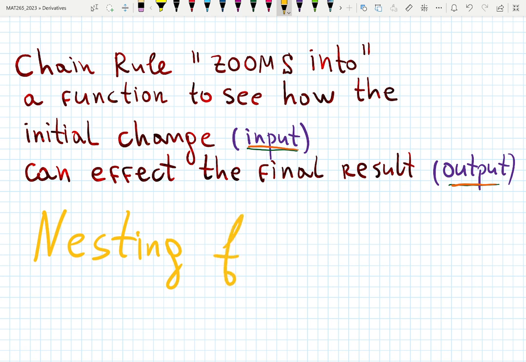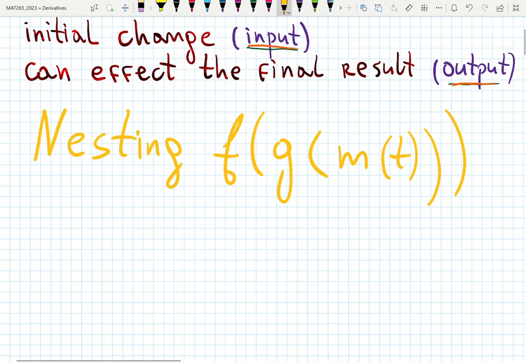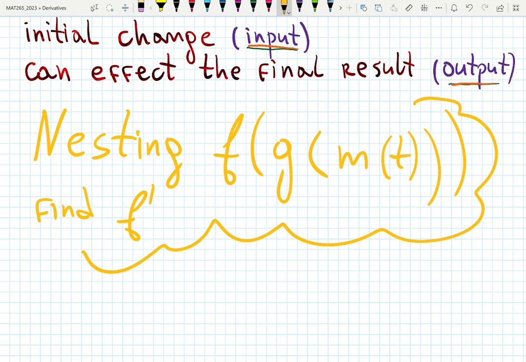And it also works on the nesting of functions. So f has inside a function, let's call it g. g has inside of it a function, let's call it m. m depends, say, on a parameter t. We're going to learn parameterization soon. Let's say t is time. Everything depends on time. How would you find f prime? And this is what chain rule teaches us, how to work with functions inside of functions,